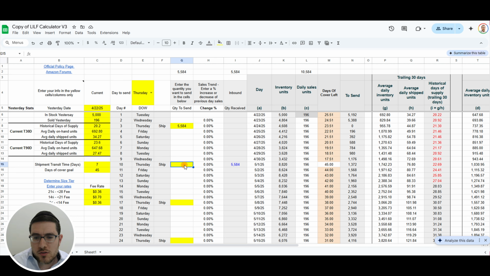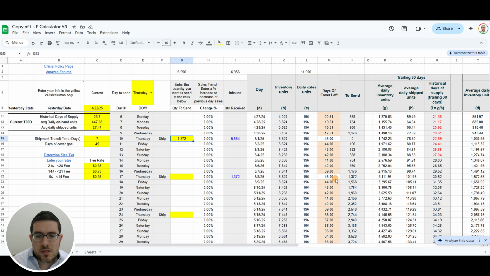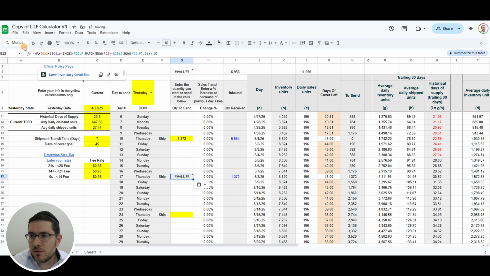So we're going to keep this at 5584, and then over here, let's say we want to send once a week. So today on Thursday the 10th, which is the 1st of May, we are going to send another 1372. As you can see right now, if we send based on these sales numbers, 1372 is the number to send every week to keep us at the goal we want. So over here, it's set to send another 1372